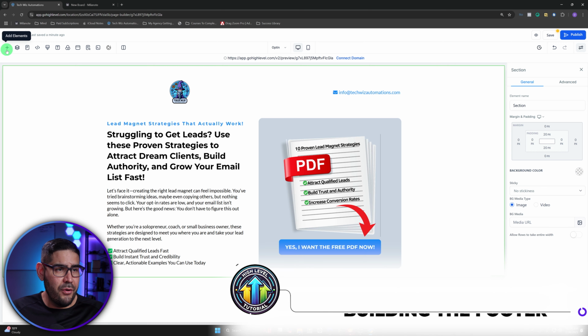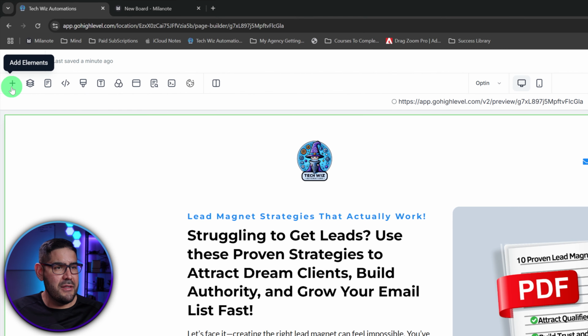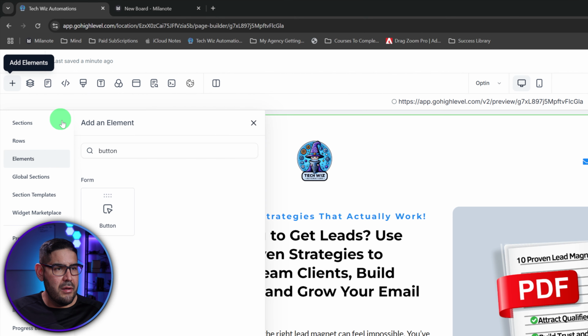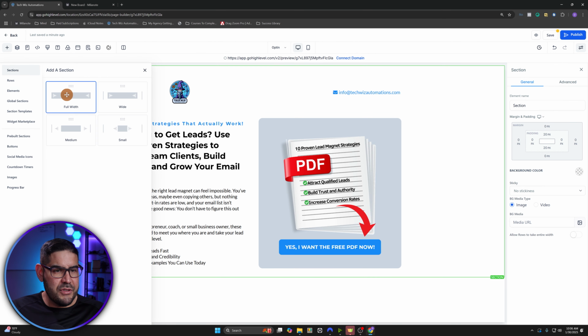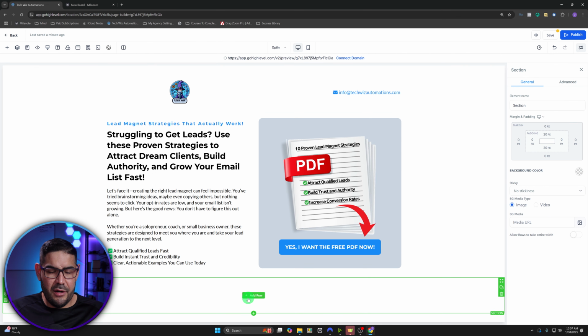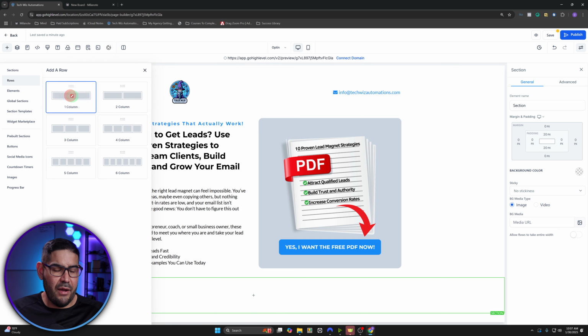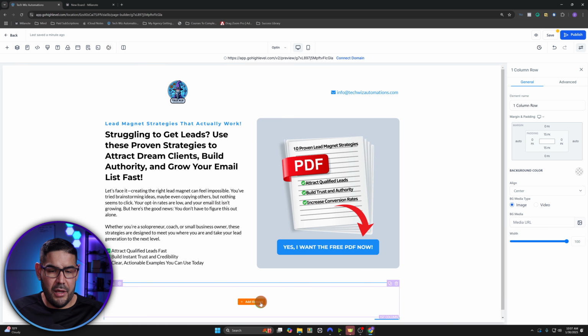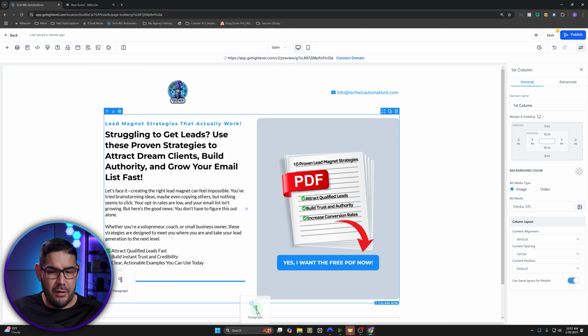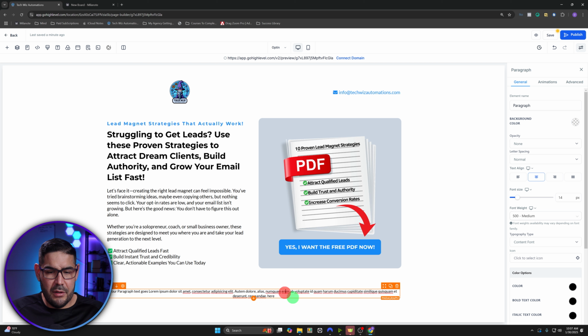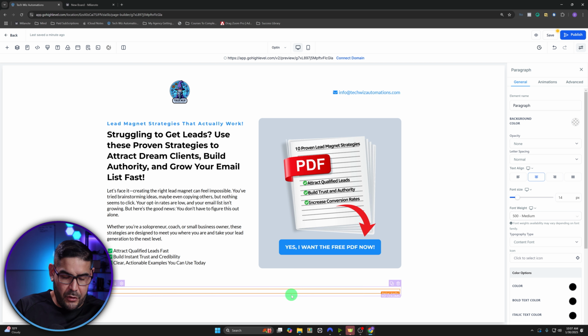So to make the footer, we're gonna go ahead and click on Add Elements here on the top left. And then we're going to move a section, slide it down here, okay. And then you click on here, and we're gonna just add one column, okay. And then in here, we're going to add a paragraph element. Oh, there it is. And here, you're gonna do copyright,